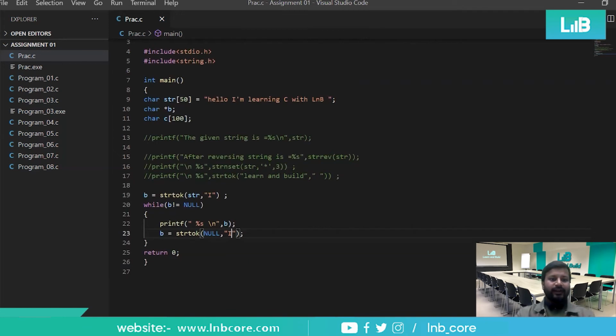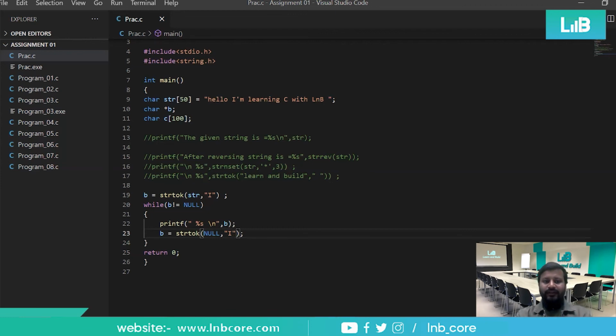First of all, we have a variable b in which the result is going to be stored. So what will be the result? First of all, strtok will check where this I is coming up. There'll be a pointer. This pointer will be increasing from the first location and it will check for the letter I. As soon as we get I, whatever was available earlier, whatever was checked, will be copied to the variable b.